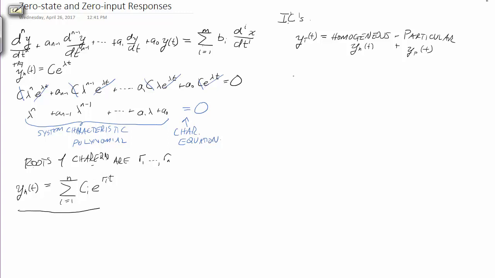Now, on the other side of the equation is the particular solution. So the particular solution usually is thought of as the response due to the forcing function. And the motivation for thinking of it this way is that the homogeneous is typically going to be a transient type response, right? These e to the rt's are either going to blow up if r has positive real part, or they're going to decay away if r has negative real part. They could potentially oscillate forever if r has 0 real part,